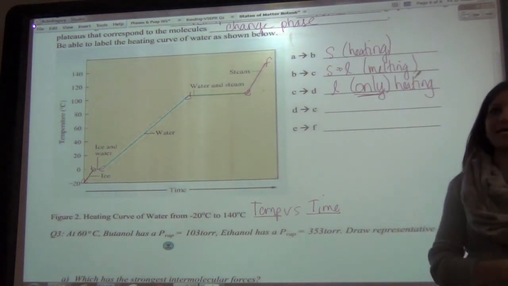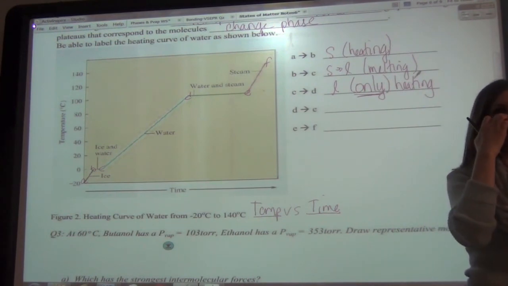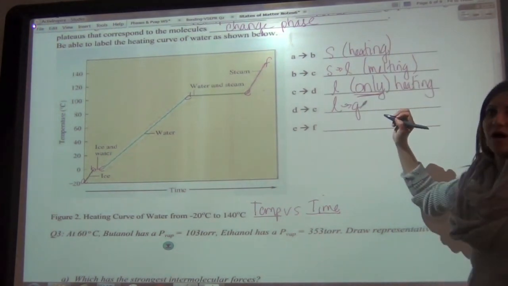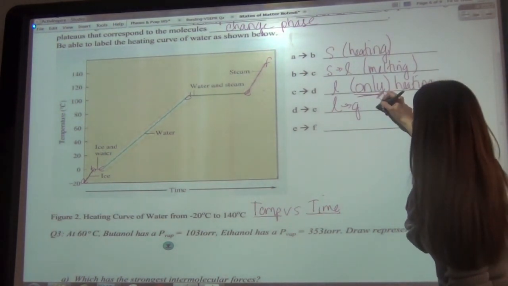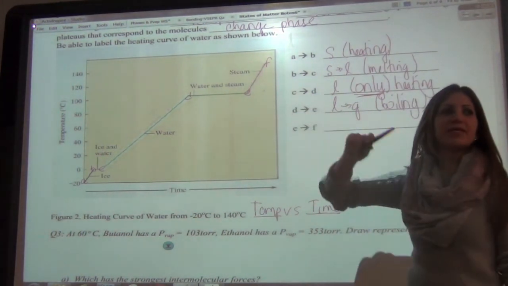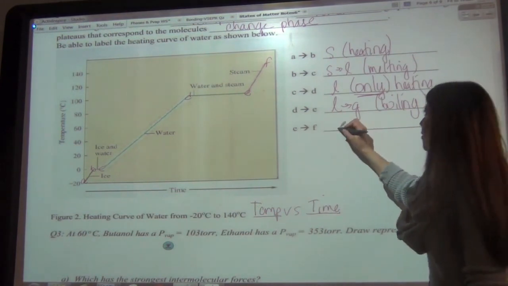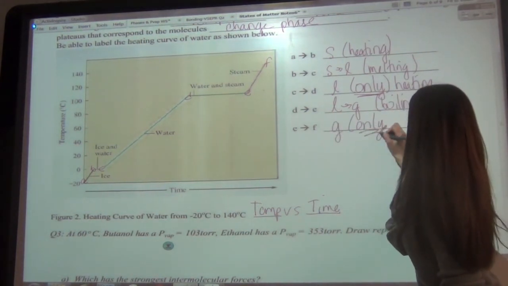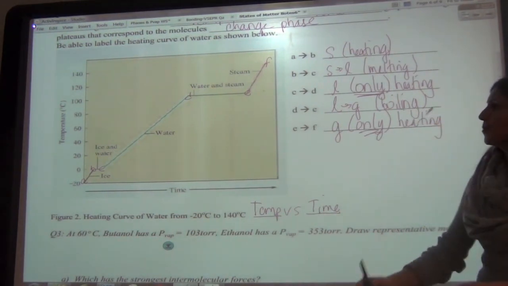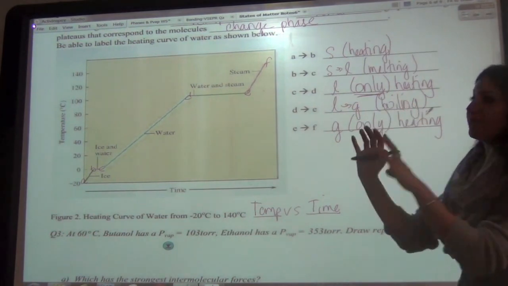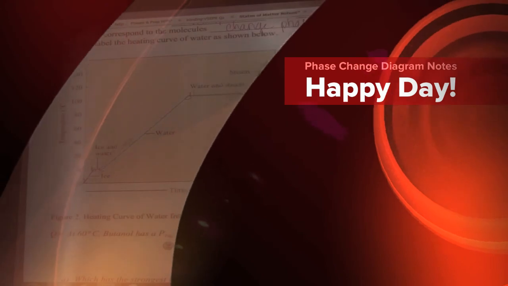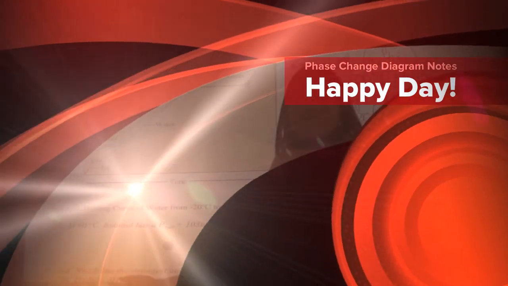What happens between D and E? Now you reach a point where your liquid starts to change to gas. So now we've got liquid to gas, and so we call this, yep, either vaporizing or boiling. And last one, E to F, is what? Only gas. This is only gas now. And so you're going to be heating the gas up. Okay. Again, depending on whether or not your environment surrounding is colder or hotter, then you could be going the opposite direction. All right, and that's basically it for heat